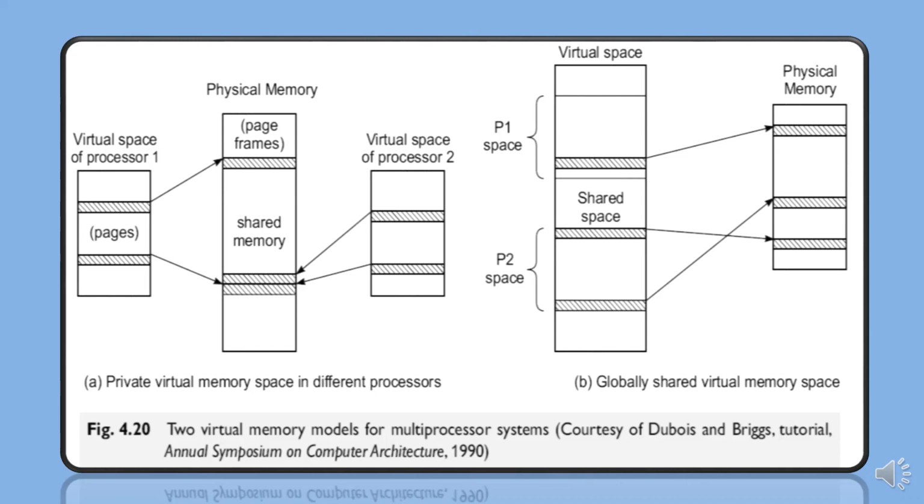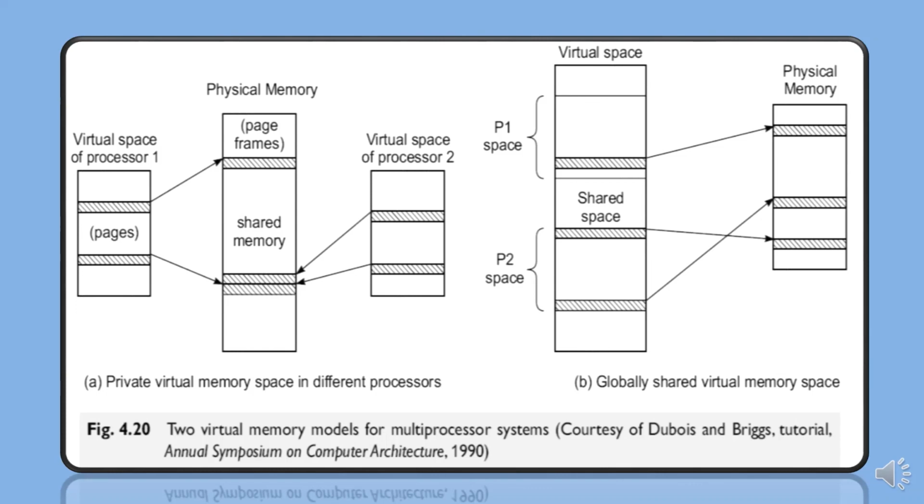The advantages of using private virtual memory include the use of a small processor address space, for example 32 bits, protection on each page or on a per process basis, and the use of private memory maps which require no locking. The shortcoming lies in the synonym problem, in which different virtual addresses in different virtual spaces point to the same physical page.